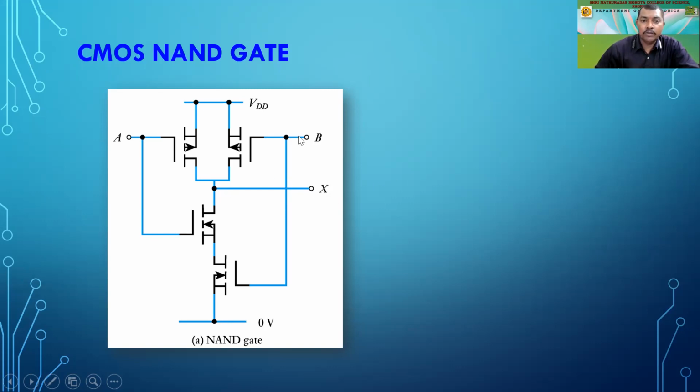Otherwise, if one of them is zero, or if both are zero, then what happens? These two transistors are going to work, right? So as soon as these transistors are on, the VDD will come across this point, that is X. And between the two series transistors, one will conduct and the other will be switched off, which implies that the zero potential will not come at point X. So this plus VDD is connected over here, and automatically the output appears here. As soon as both are zero, the output will become high. Okay, so this is how the CMOS NAND gate works.